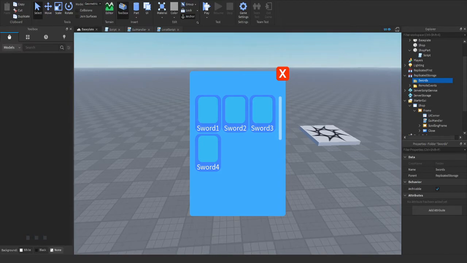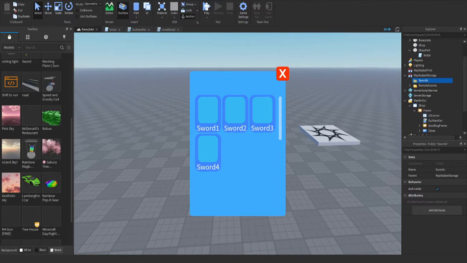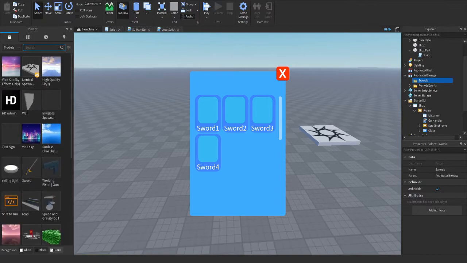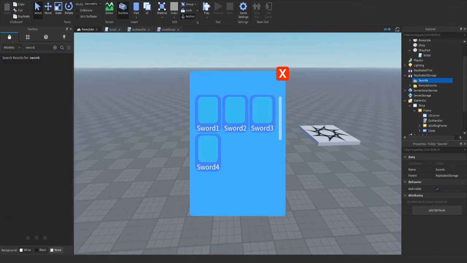Let's see. Models, images, mesh. None of this is loading. Are my models loading? Alright, so this is good. So if we type in sword, like that,